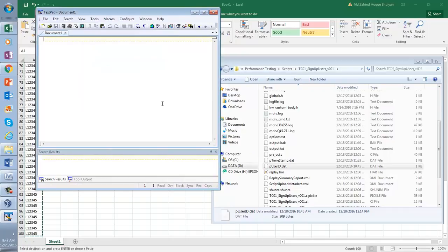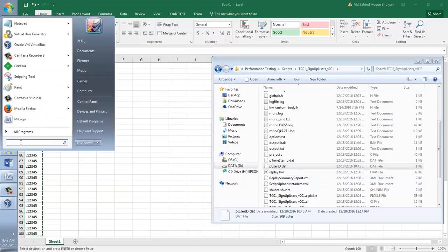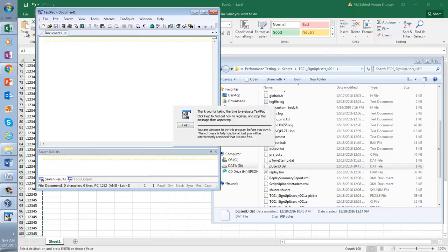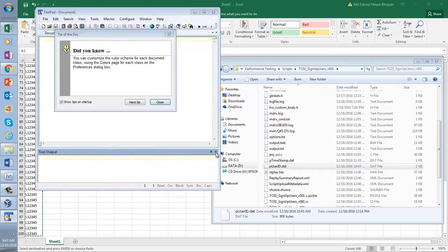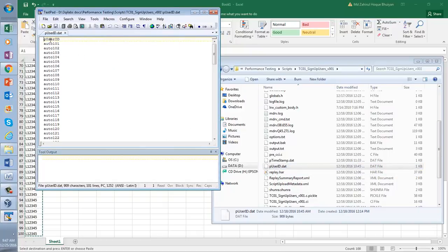When you have TextPad installed, you can go there and open TextPad. Then you come here. You bring that existing parameter file. We already have a parameter file.